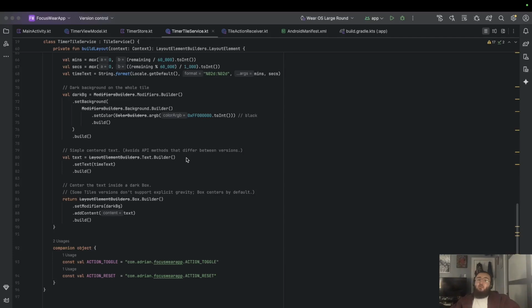Some versions of the tile's APIs have differences in how alignment or gravity works. So we keep it simple and let the box container handle centering by default. Finally, we build a box that applies the dark background modifier and adds the text inside. That box becomes the root element of the tile layout. When the layout is complete, build layout returns it back to onTileRequest, which packages it into the final tile object